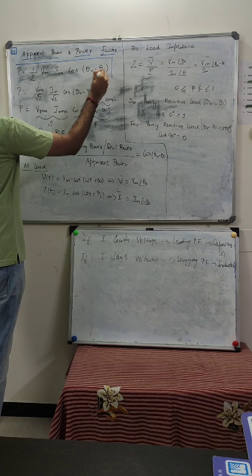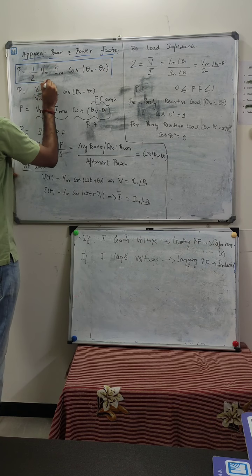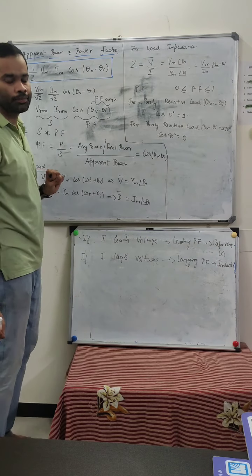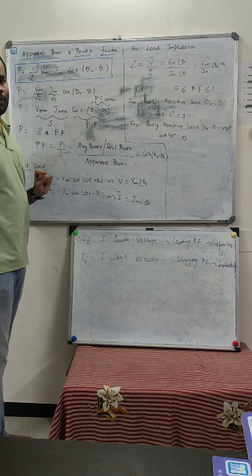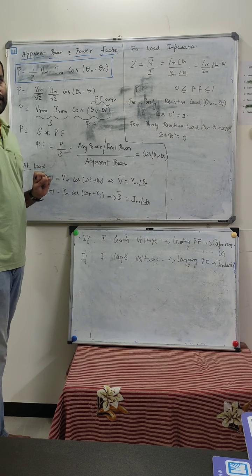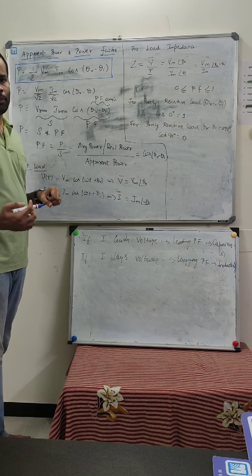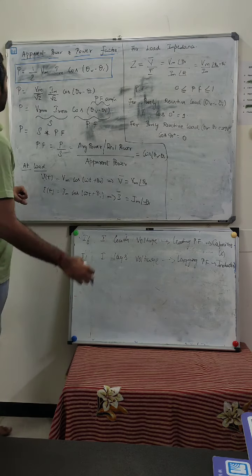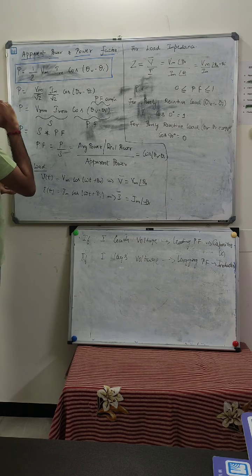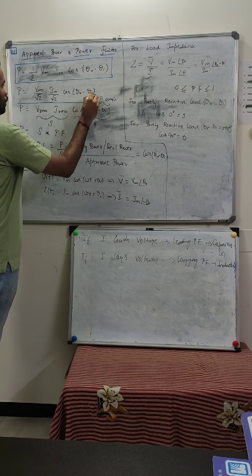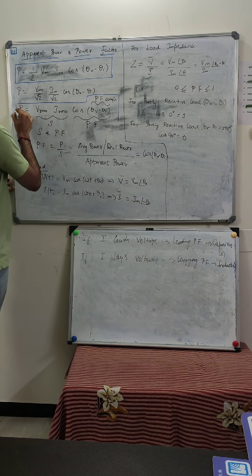So this is the equation which we have studied in the previous lecture, where P is nothing but the average power. The average power can also be treated as the real power. The other form of average power we generally call the real power. Okay. So this P, since I am mentioning that this is real power,